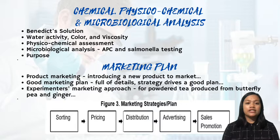A water activity test will help to assess the amount of water required for the microbe to develop. These procedures will also help to eradicate product spoilage, maintain food quality, and ensure that there is no contamination. For the microbiological analysis, the experimenter aims to use APC and Salmonella testing to understand more about the product's